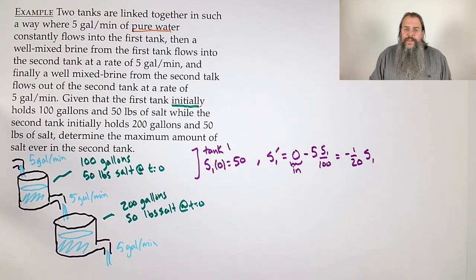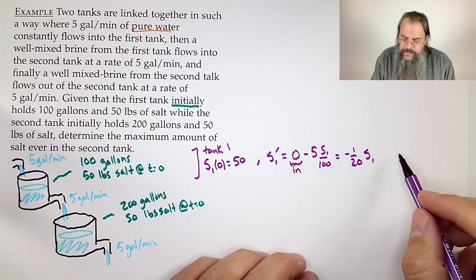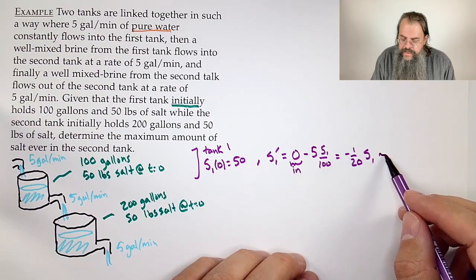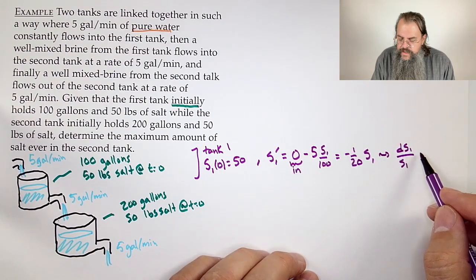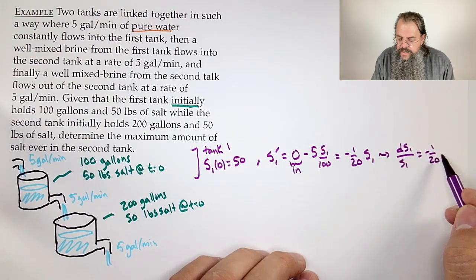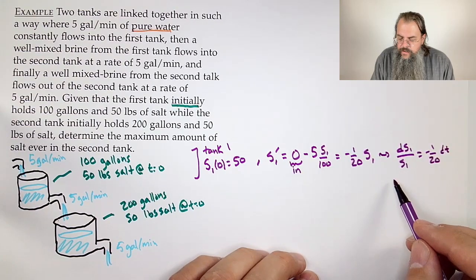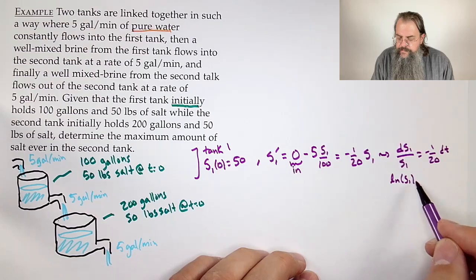And you can do this by solving a separable differential equation. So if we did that, we could, for example, say, dS1 divided by S1 is equal to minus 1 over 20 dt,